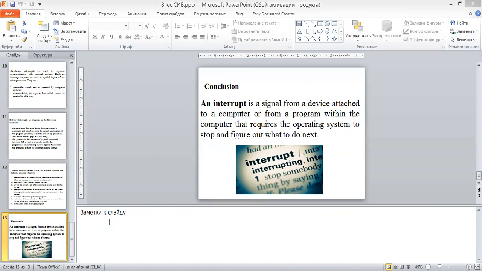And a software interrupt occurs when an application program terminates or requests certain services from the operating system. In a personal computer, a hardware interrupt request has a value that associates